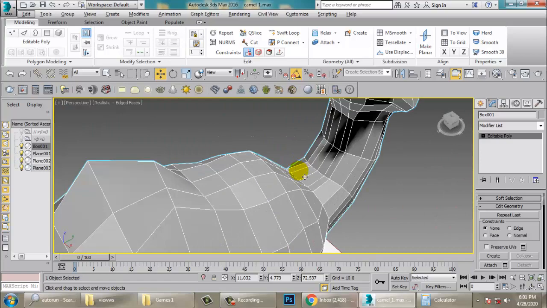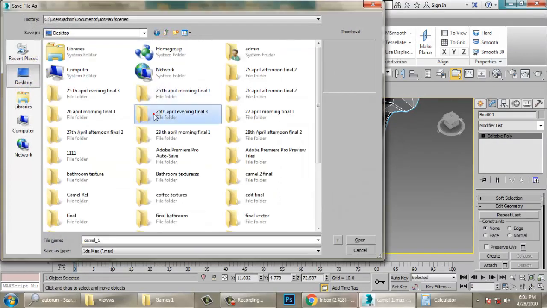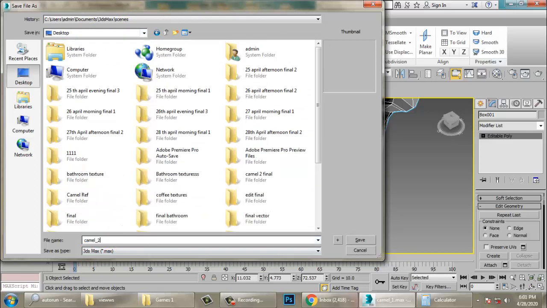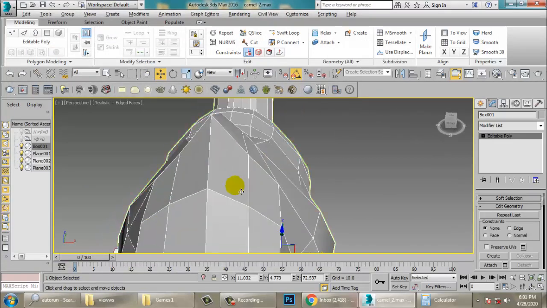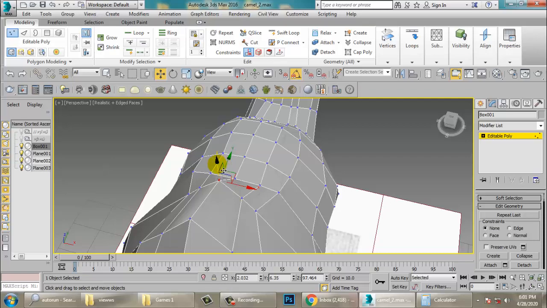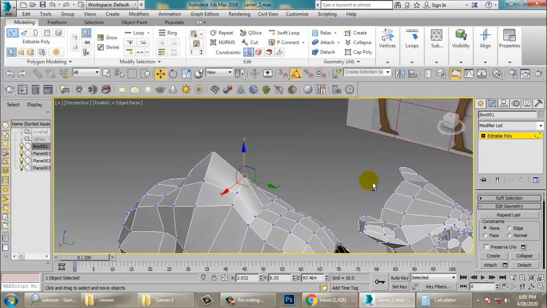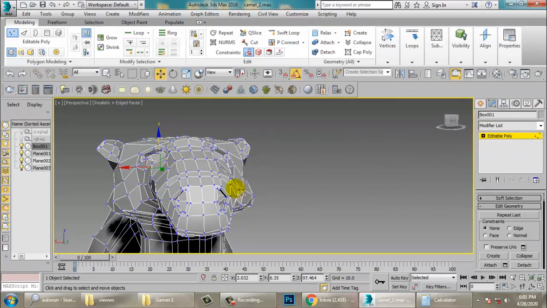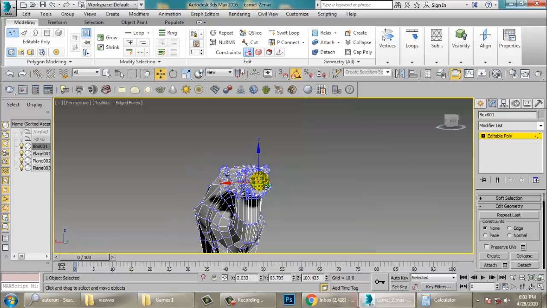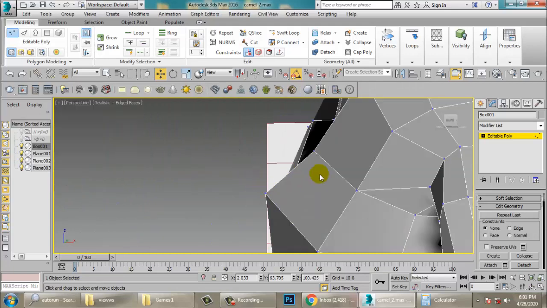So save as this file first. So let's save as this. And let's go into this. Oh, it's welded. Perfect.